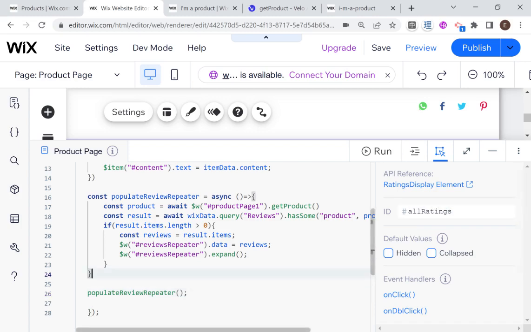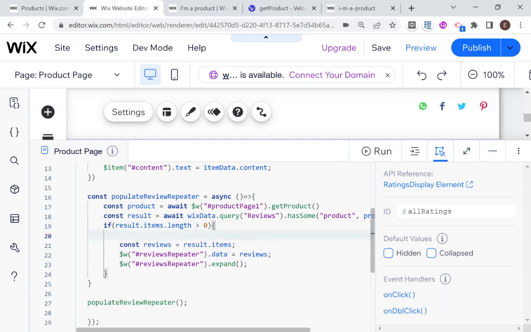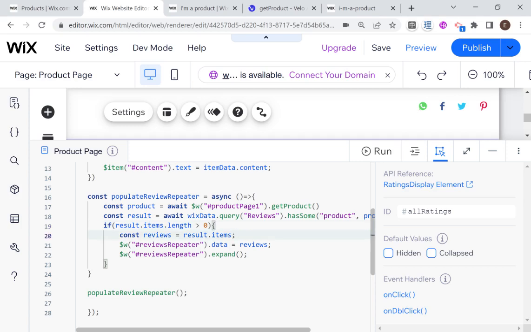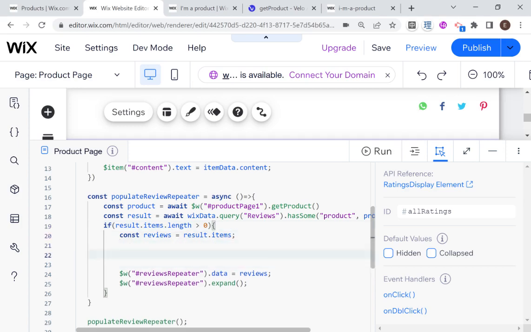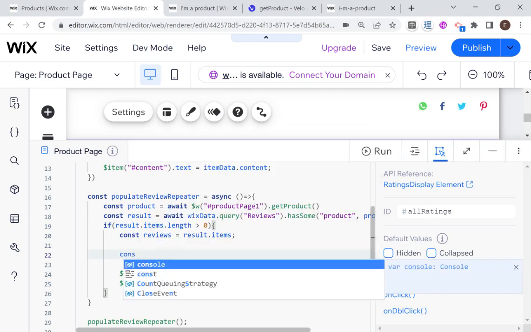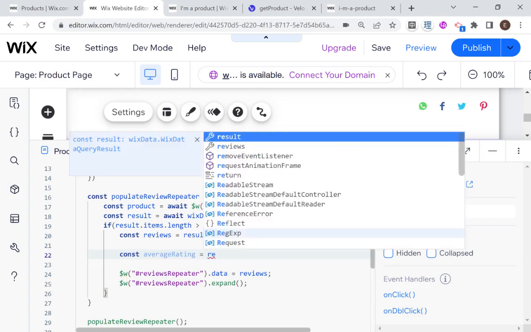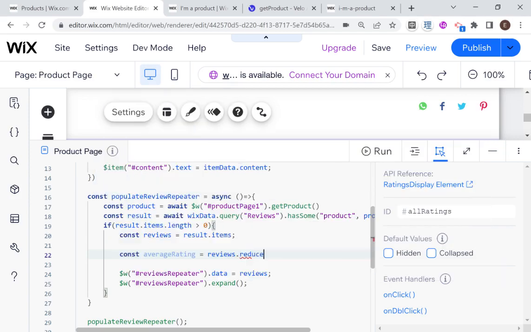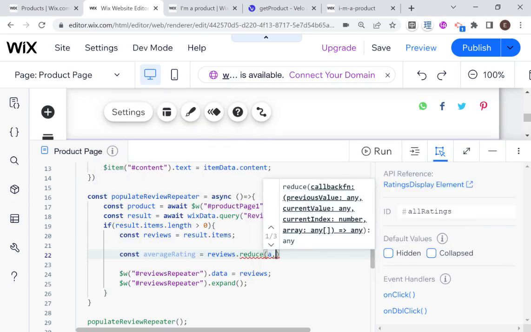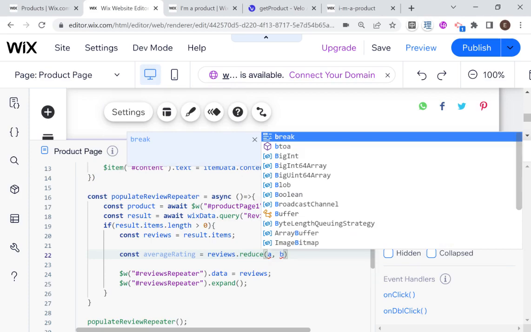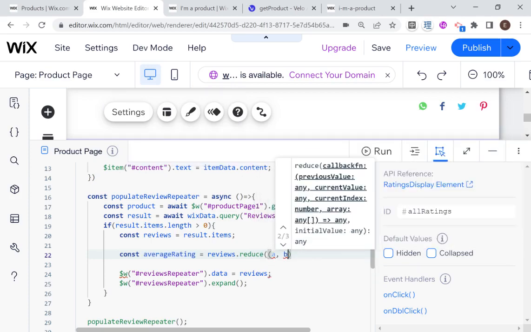And what we're going to do is that after we get all the reviews from this product page, instead of just populating the reviews repeater, we're also going to calculate the average of all of the reviews. The way I'm going to do that is I'm going to use something called reduce. So I'll say const average rating equals reviews dot reduce, and then here we could just say a, b, and whoops, this needs to be inside of a function,